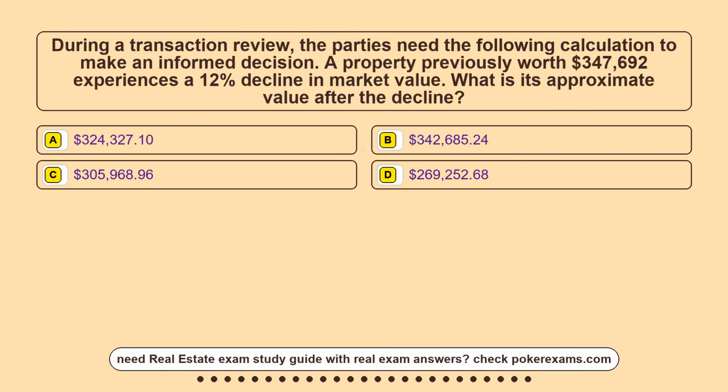Question 13. During a transaction review, the parties need the following calculation to make an informed decision. A property previously worth $347,692 experiences a 12% decline in market value. What is its approximate value after the decline? Option A, $324,327.10. Option B, $342,685.24. Option C, $305,968.96. Option D,